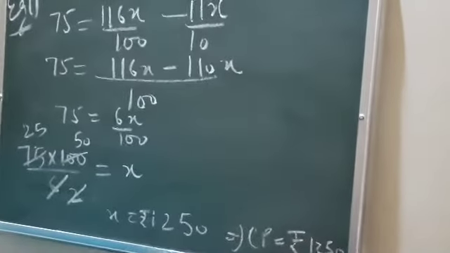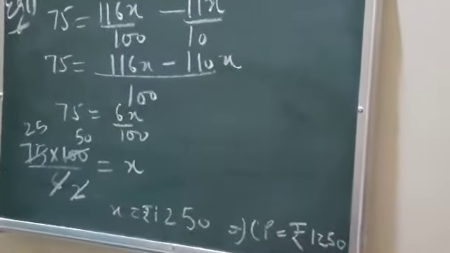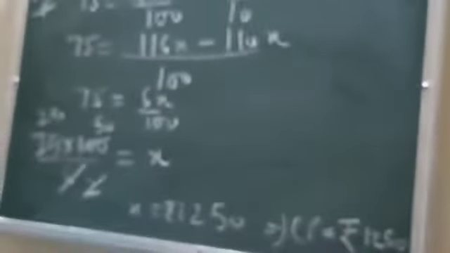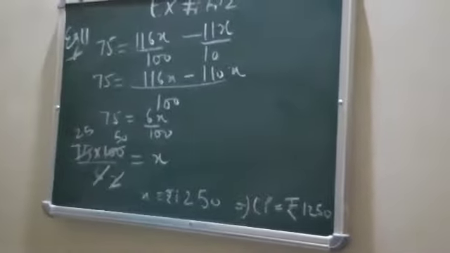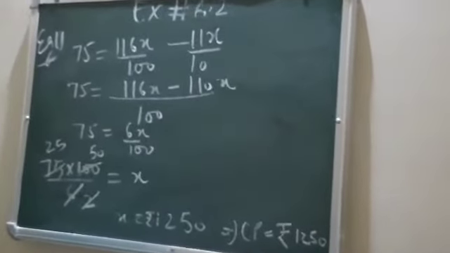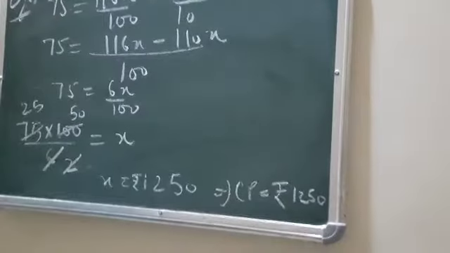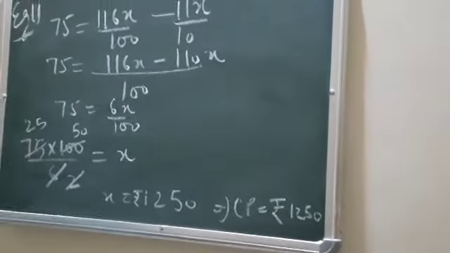So this was your example number 11. The last example, example number 12. Arvindo sold his watch at 10% loss. If he had sold it for rupees 54 more, he would have made 8% profit. Now find the selling price of the watch. Now he has sold it at a loss of 10%, and then it is given that if he had sold it for rupees 54 more, if he had sold 54 rupees more, he would have got 8% profit. You have to tell what is the SP of the watch.